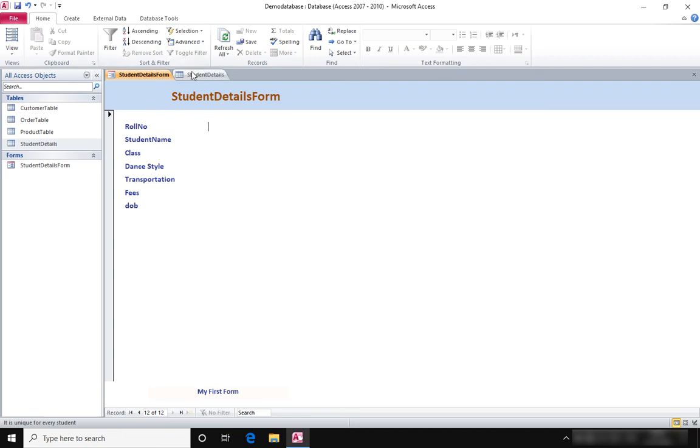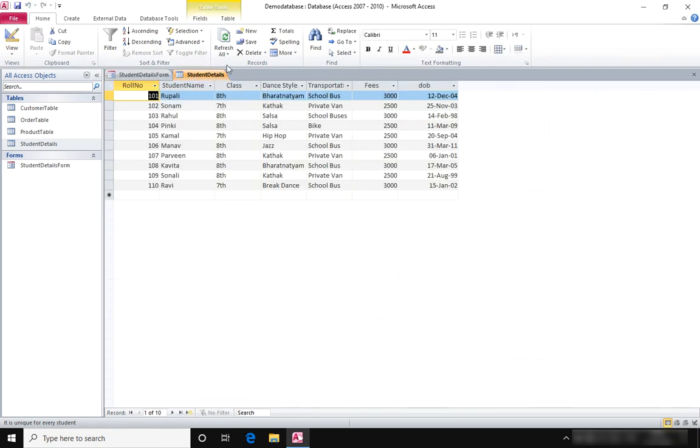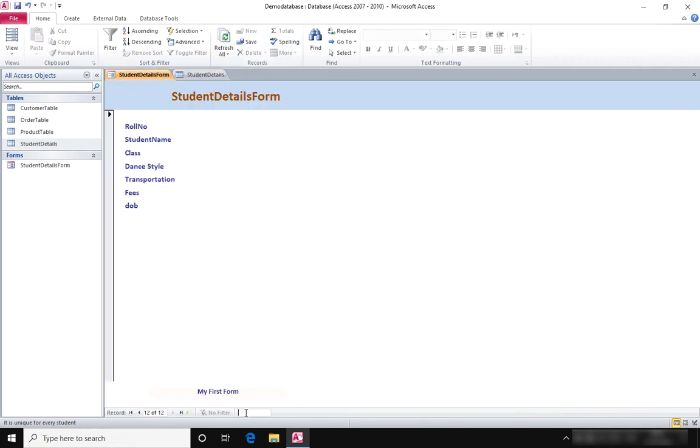Now click on the student details tab, and here you need to refresh the table in order to see the change in the data. Now go back to the form, and now suppose I want to search the record for 109 roll number. You can see I typed it here, and on the screen I have the record for that particular roll number. Let me clear it again and try with a different value. You can see this is the search box. Here I want to write some name, suppose Rahul, and you can see Access is intelligent enough to provide you the details by searching the word that you wrote over here.